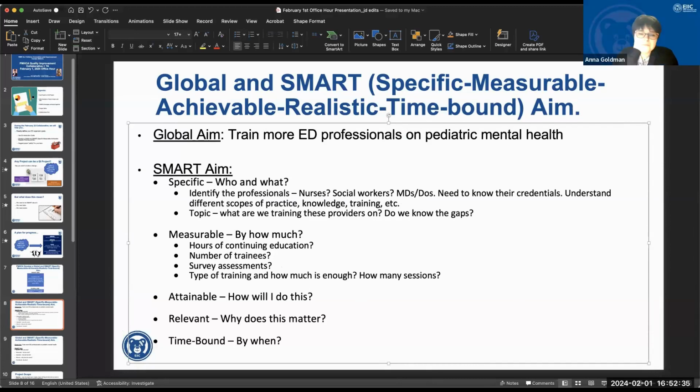Yeah. Maybe the number of people trained as well. Okay, that could be measured. Oh, I love it. How many providers we're trying to train. Number of trainees. Yeah, we have it in there, the second one down. Or were you looking at particular providers like social workers, MDs, DOs? If we can do it more specifically, I think it's even better, right? Absolutely. A more SMART approach.